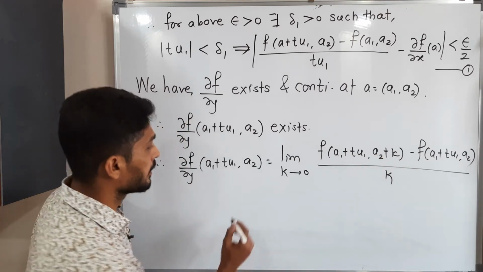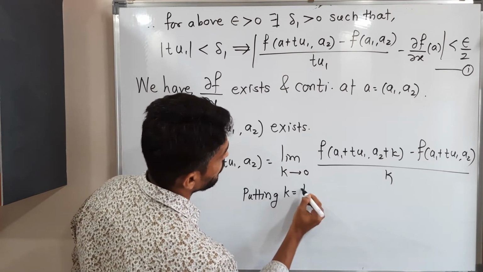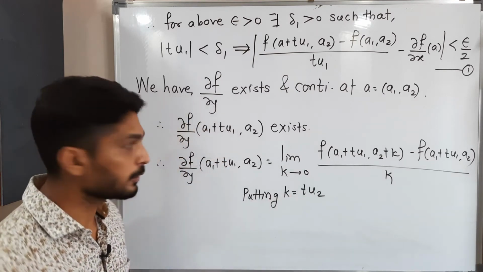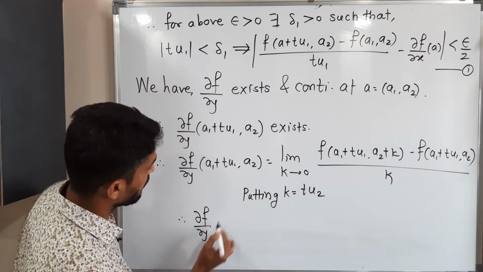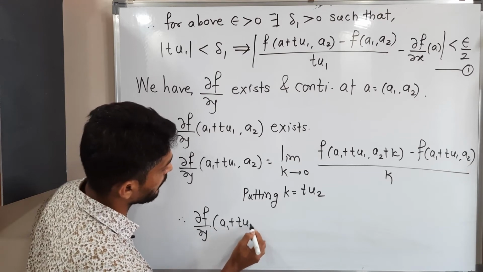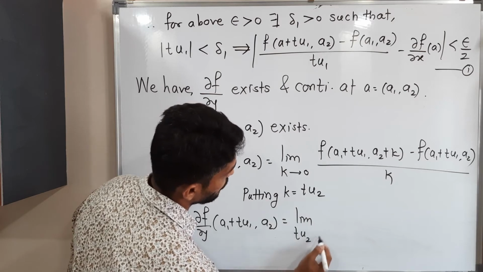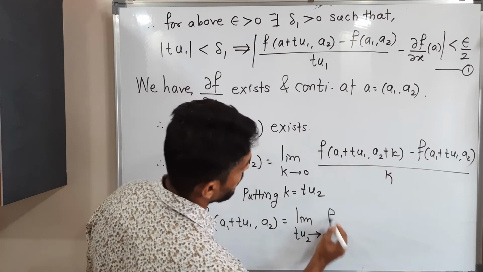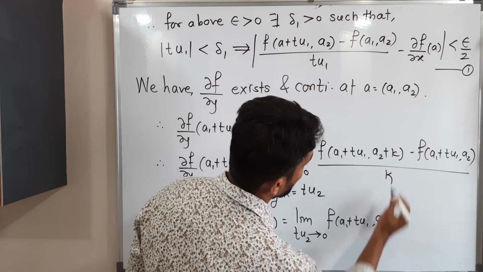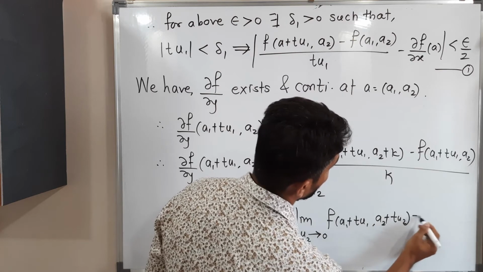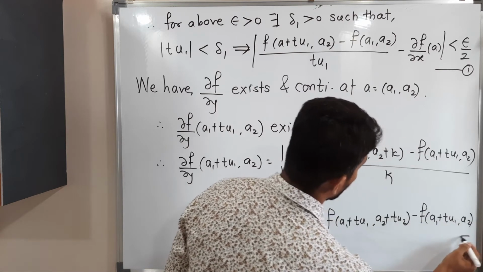After that, I'm going to put k equal to t2. Then del f by del y of (a1 + t1, a2) is equal to the limit as t2 tends to 0 of f(a1 + t1, a2 + t2) minus f(a1 + t1, a2), divided by